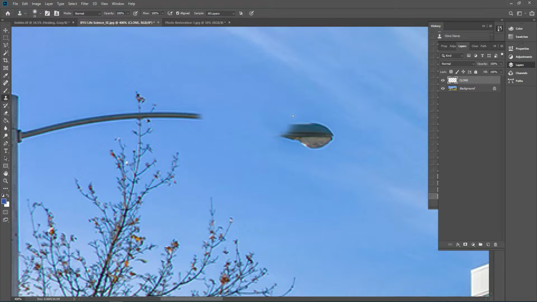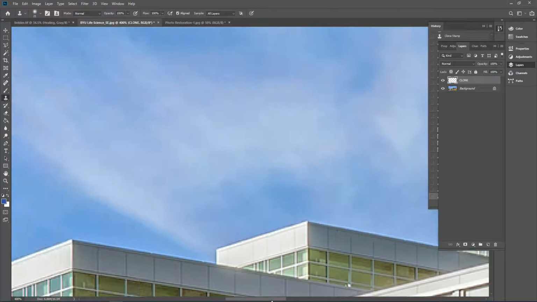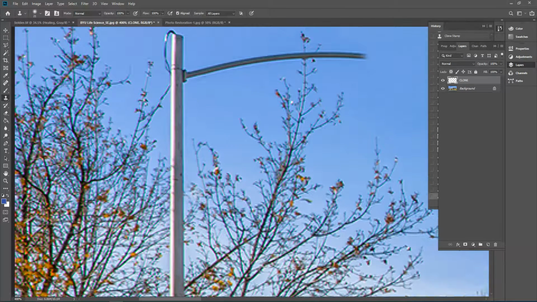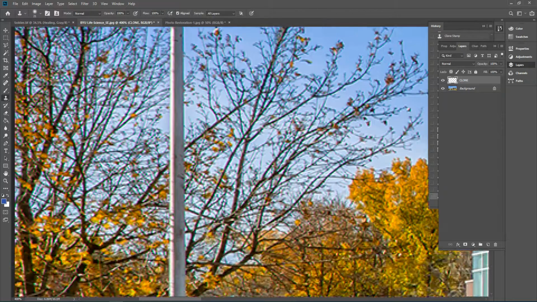What do you need to hit in order to find that target area, or like the ink pad? Yep, the Alt button. And I reset mine all the time. So, for better or worse, I kind of jump around from area to area just to smooth it in. And with the light pole, it'll get really tricky once you get to the tree